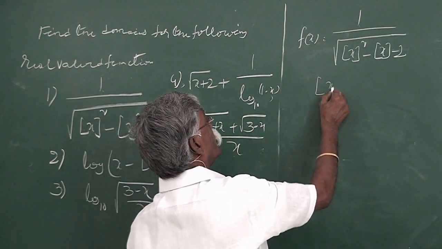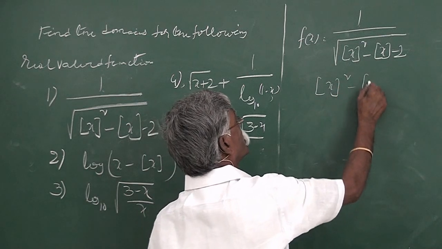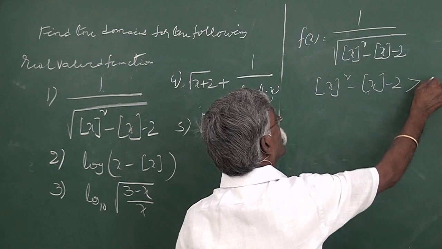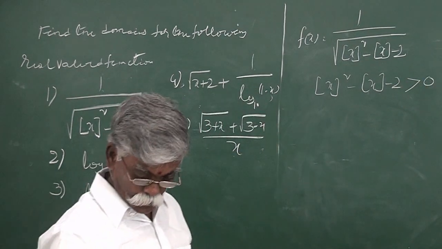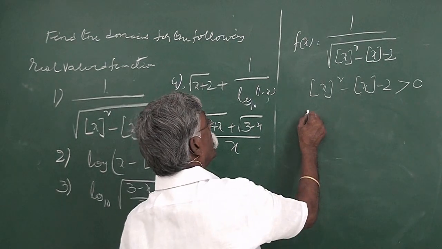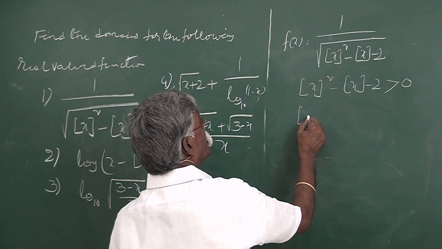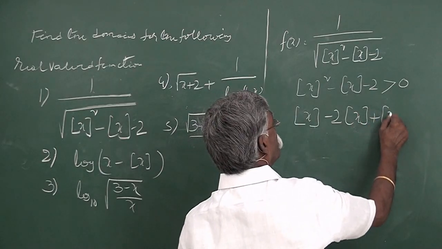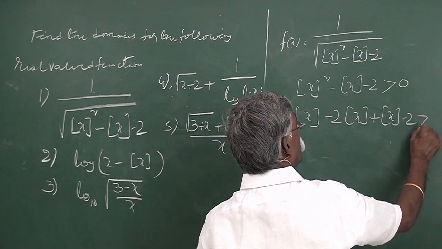Now [x] whole square minus [x] minus 2 should be greater than 0, and the factors, this is [x] minus 2 into [x] plus [x] minus 2 greater than 0,